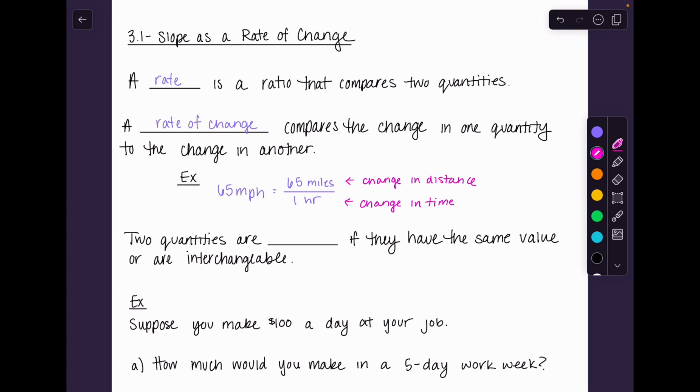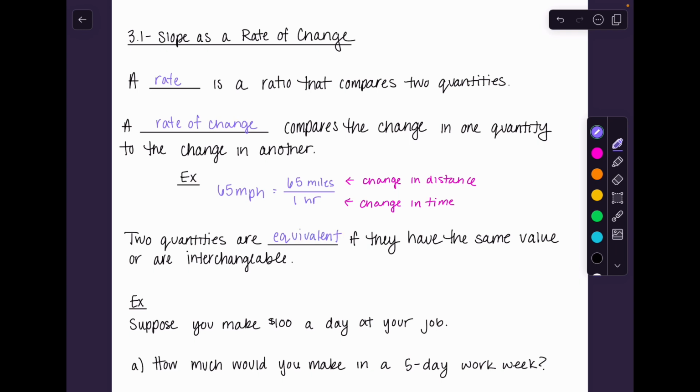Now, realistically, if you think about driving 65 miles per hour, you can bump this up to see what your change in distance is over 4 hours or over 2 hours. So we can talk about the same rate of change in a number of different ways, depending on what denominator we use. So what we say, if we're working with the same base scenario, is two quantities are equivalent if they have the same value